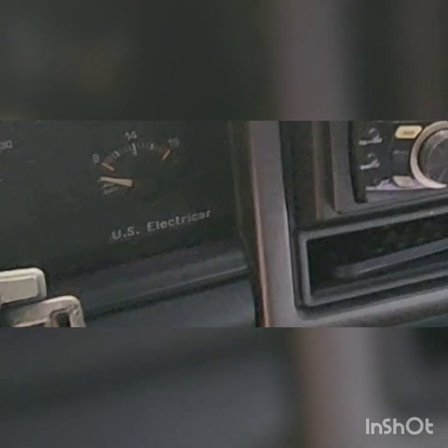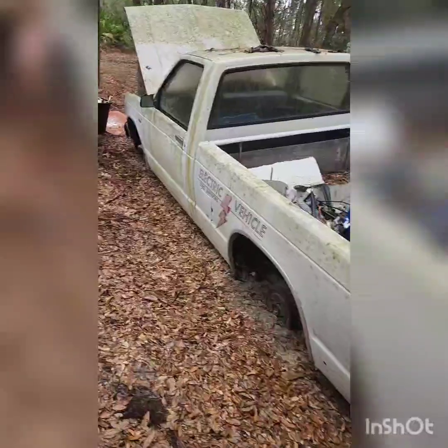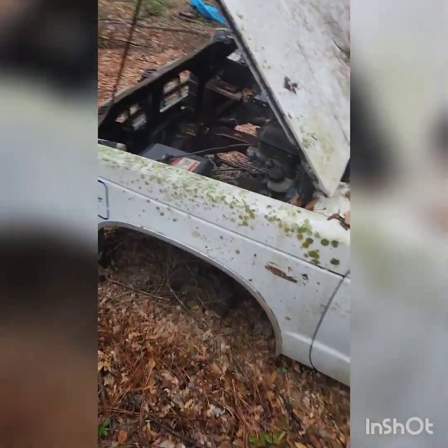This is the first electric S10 attempted by Chevy in '97. Now, there's no motor, wires, and transmission. That's it. A lot of wires in the transmission. And now this truck has been sitting here about 25 years, but it has something I can use. It has